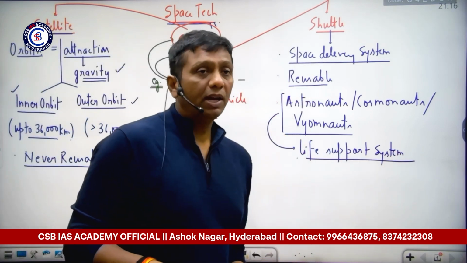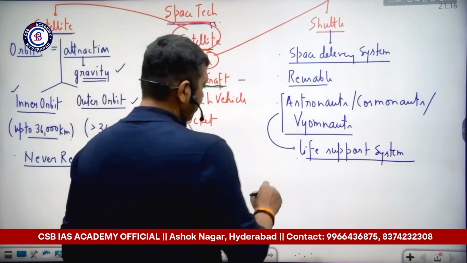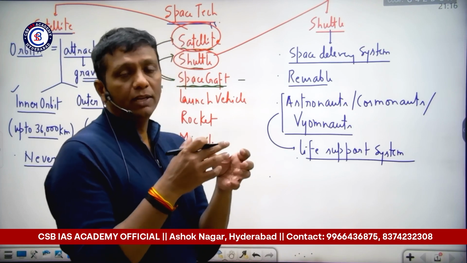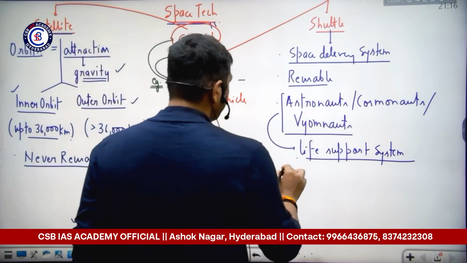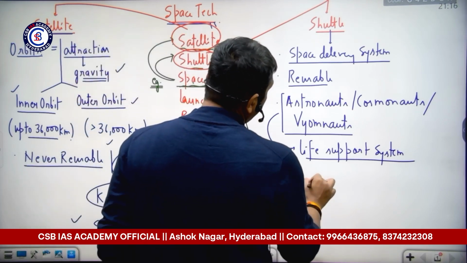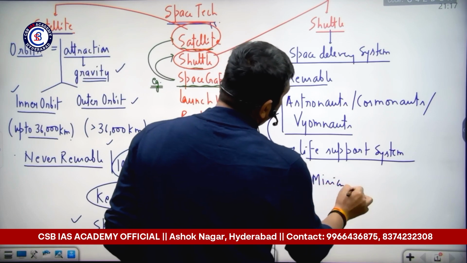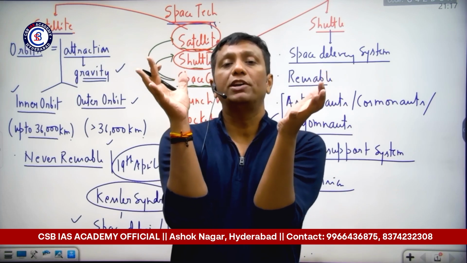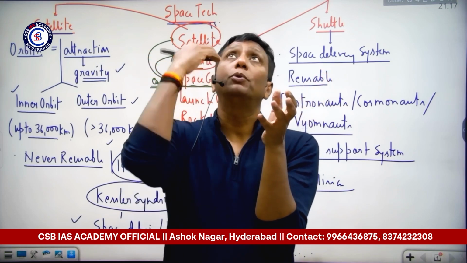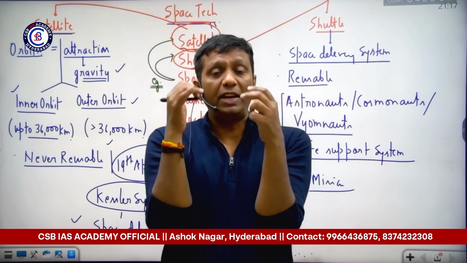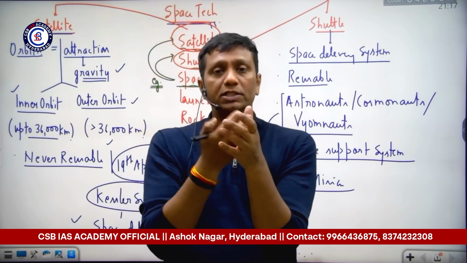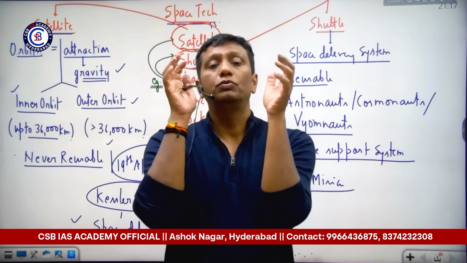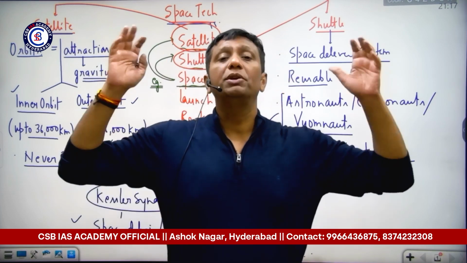Some more statements I would like to tell you here in the case of the shuttle, guys. With the help of a shuttle, we can carry out cargo missions. Suppose I want to develop the International Space Station. The International Space Station is a very huge object that we have placed successfully into LEO orbit, nearby the Earth's surface, around 400-500 kilometers from the Earth's surface, and it is used for experimental purposes. But it is a very big size.